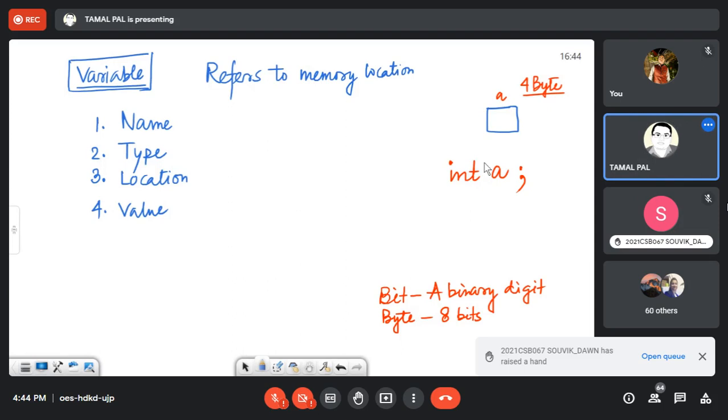Usually it is 4 byte because most of the people use C language in Linux. So if you write 4 byte, that will be safe information. Now this stands for integer, integer variable, and this is the name of the variable.